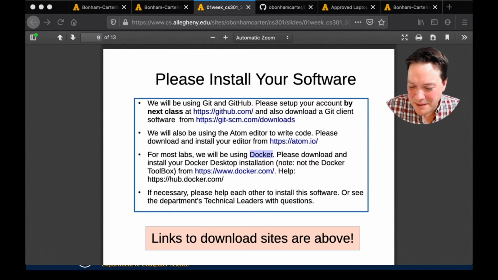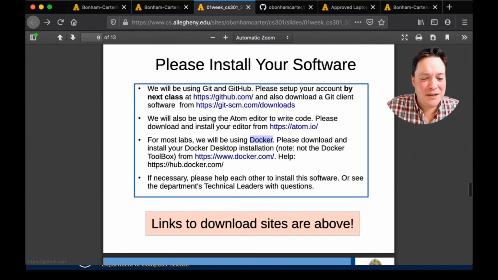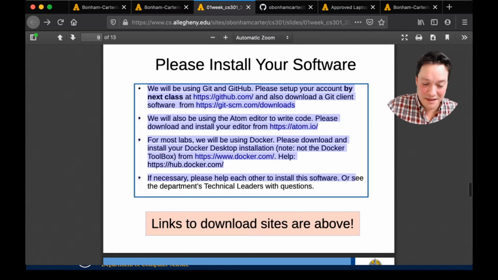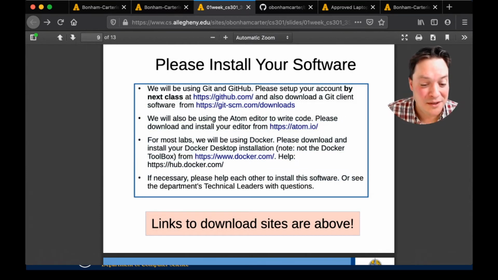Right. So anyway, what I was saying is, if you go back to my slides, this is the "please install your software" slide. These are the links that you might want to look at to install GitHub and Git and everything. Please look at these things by the time we have lab on Friday, and come with questions. If you do have questions, let me know, and we'll see what we can do to solve these things. Lab is also going to be online. In fact, labs are going to be online all semester. It's the same link as for class.